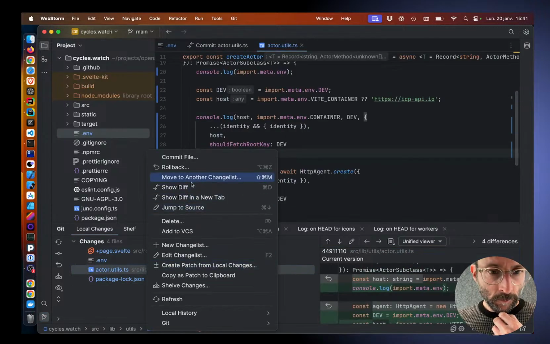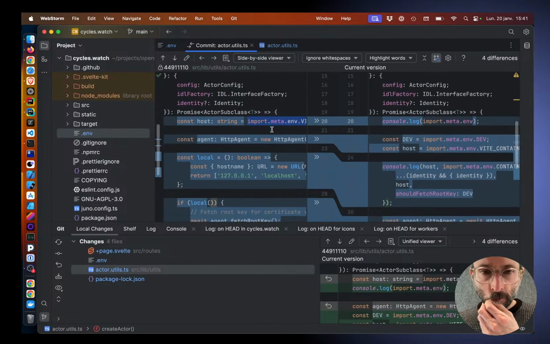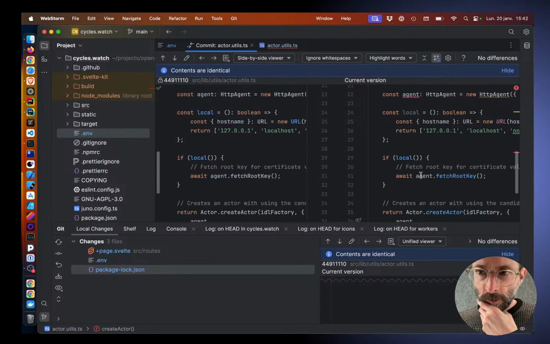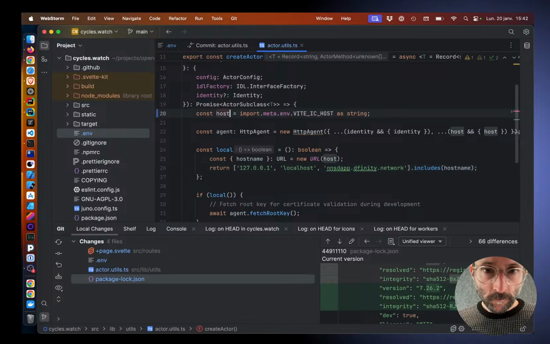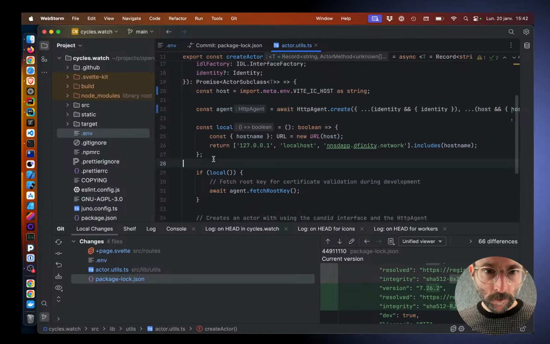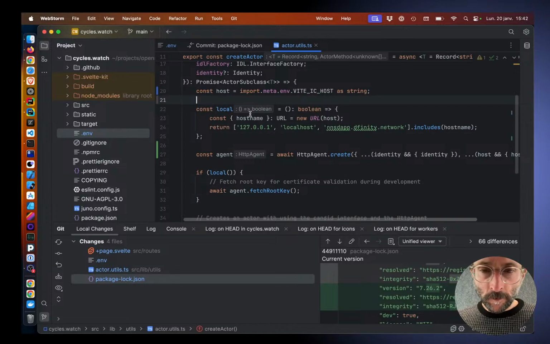In the actor util we're gonna use this again, which is the old one. So yeah, I guess we're gonna go back old style. So the host, and here we're gonna do agent create like this. That's gonna be local, but here we're gonna have